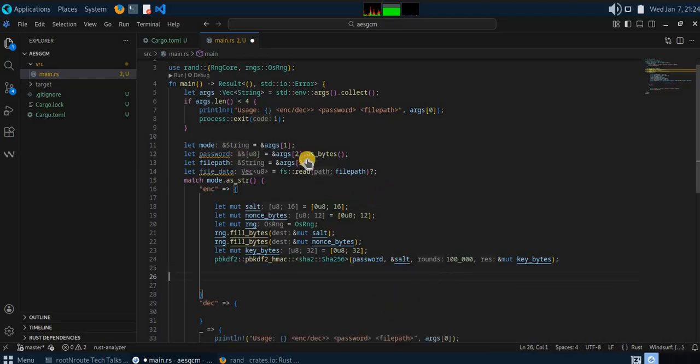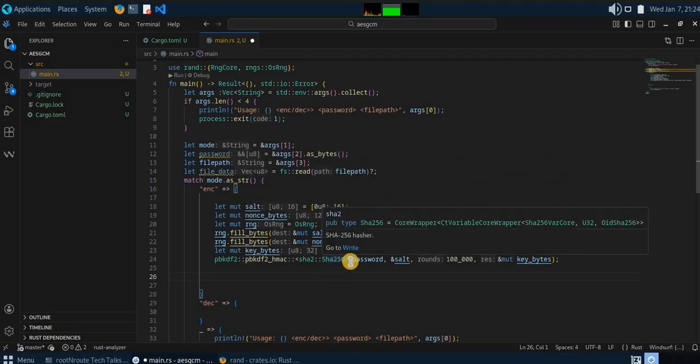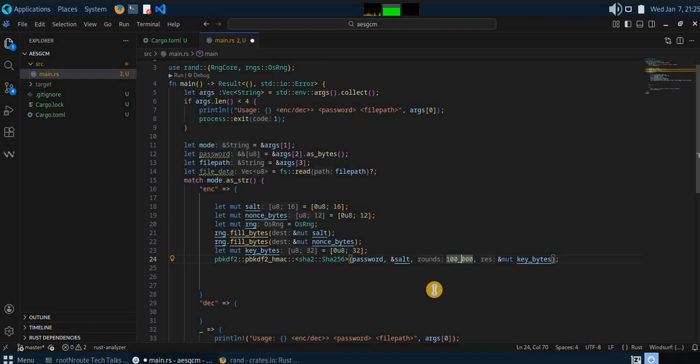Now the password has the bytes, so this one is accepting a password reference. If you go to the documentation of this, it will be easier, otherwise it will be very confusing what should be the input of this HMAC and SHA-256 hashing option. It needs a byte array, then it needs our salt, then the number of times,